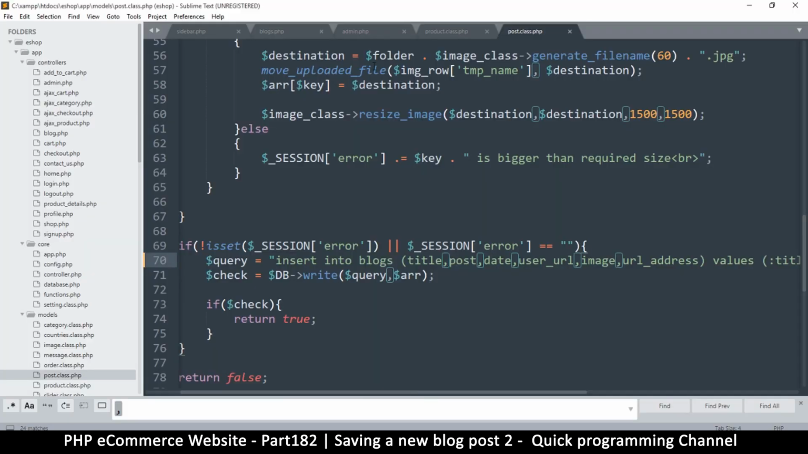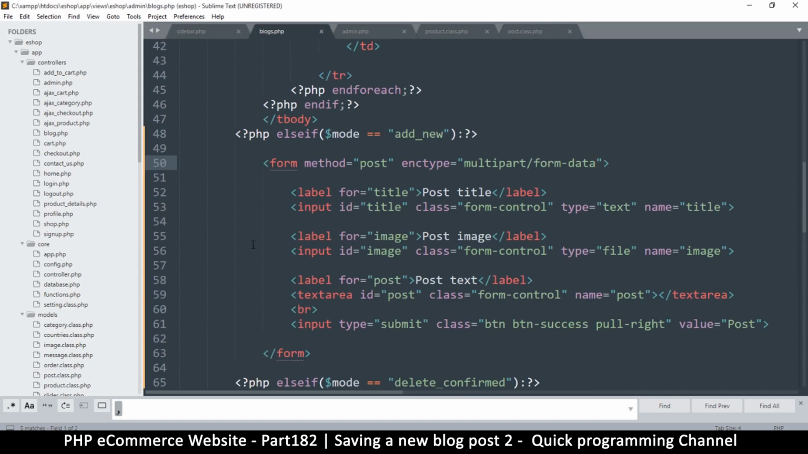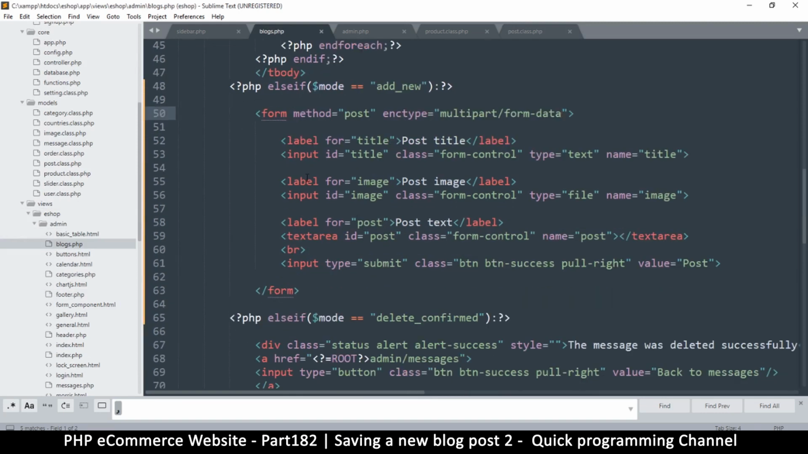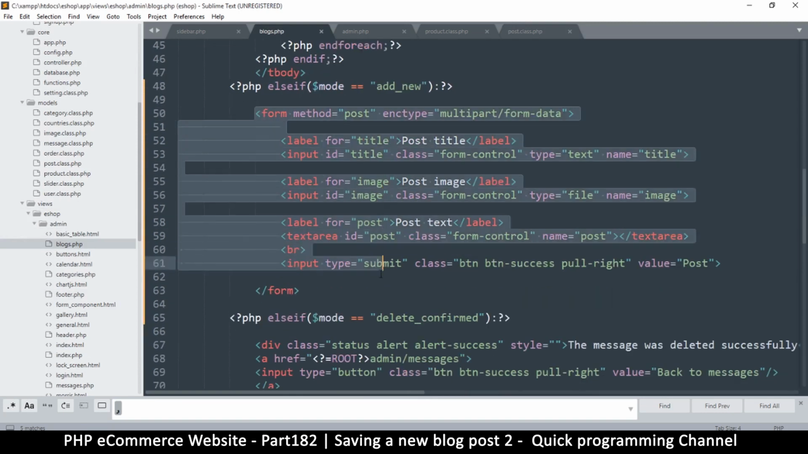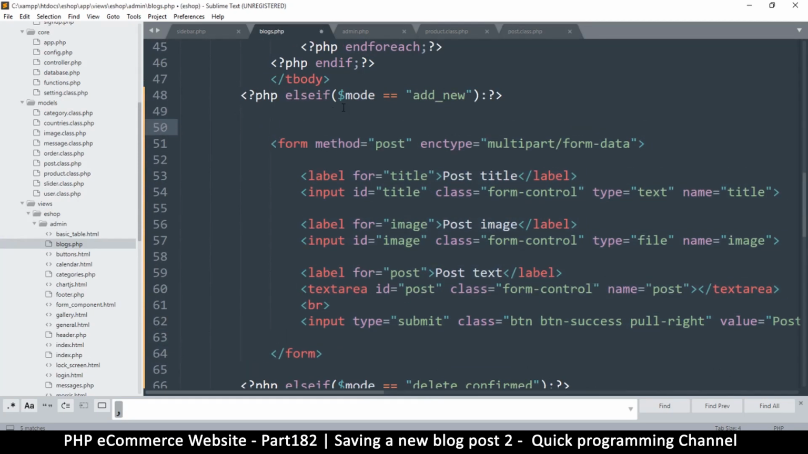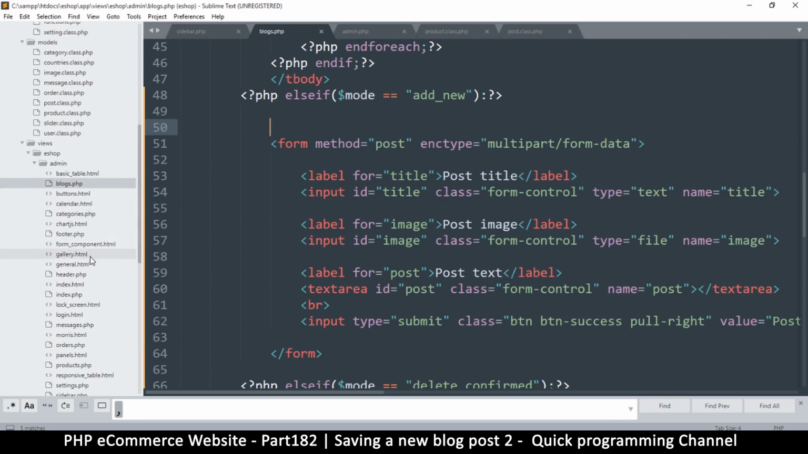So to start with, I'm going to go to blogs.php, which is the view in this case. So view admin blogs. And then right here where there is the form, above the form here, I want us to create some error messages. So I want to copy what's already in use. So for example, when